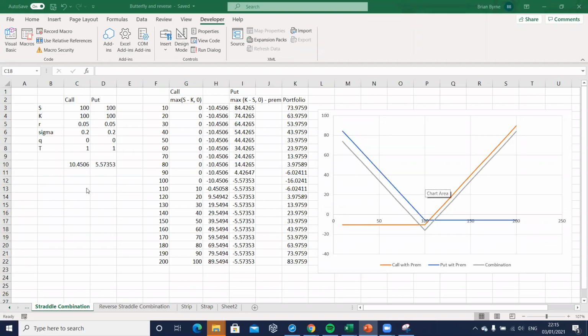Okay, so in this video, we're going to set up a strangle strategy based on just tweaking a bit the straddle combination we had before. Now, a strangle